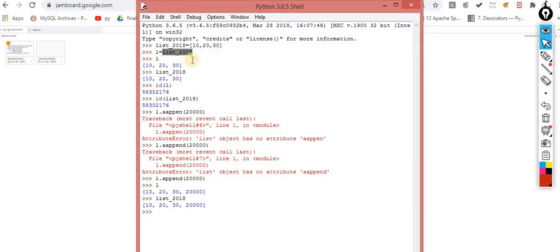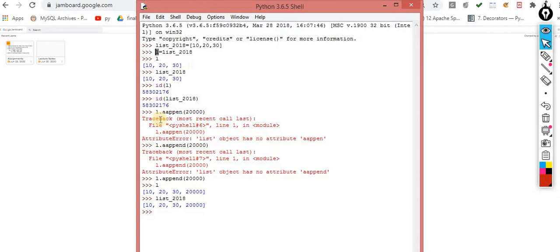What I want basically is that this L and this list should be different. The address of both should be different, but inside L the data is exactly the same as list_2018.